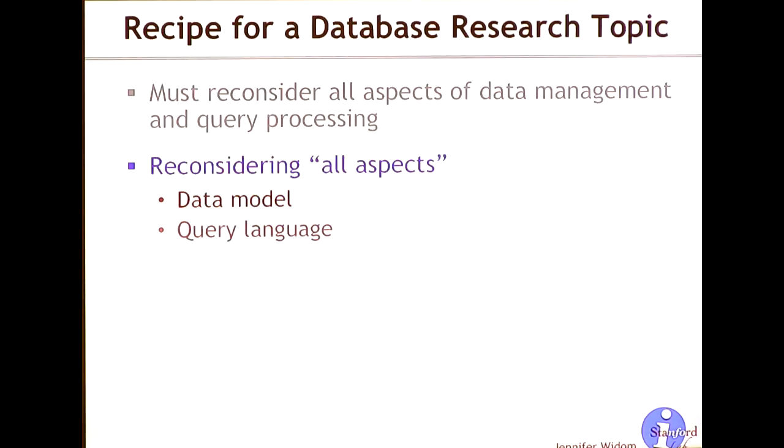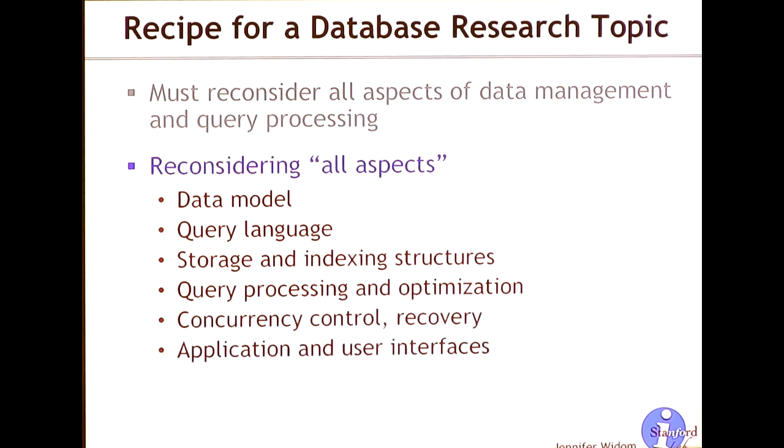Okay, so those are four examples. In every one of those, again, think of that thread. You're taking one assumption, but everything falls apart when you pull on that thread. I said you need to reconsider all aspects of database management and query processing. Here are some example aspects, and I'm going to come back to these in a moment in a different setting. The data model is how you structure your data, such as a relational data model, graph data model, document model. The query language is the language that you use to ask questions over the data, SQL, for example. How is the data stored? How are indexes created on the data? How do you process queries? One of the most important aspects of database systems is the query optimization.